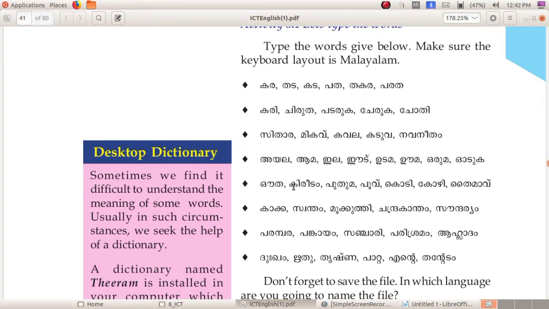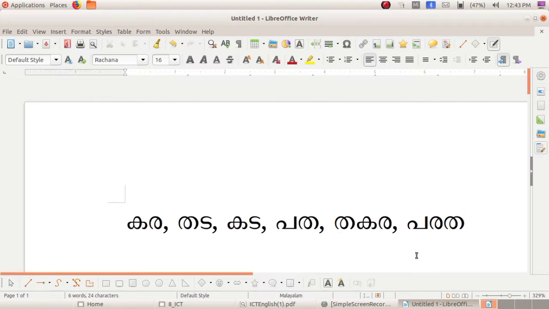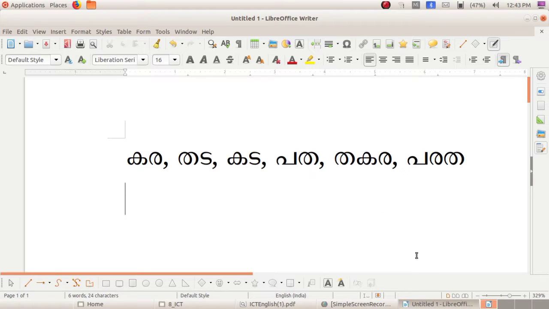But here we can see not only letters, it is having some symbols also, isn't it? Kiridam. How can we type that? Ka, that is K. Then we want a symbol for key, that is in the F key.